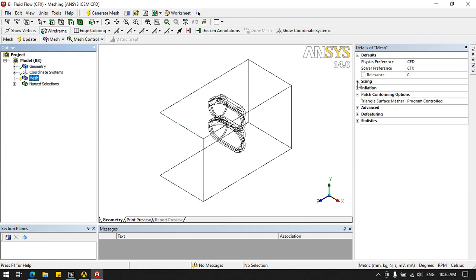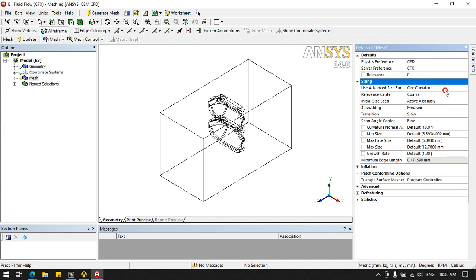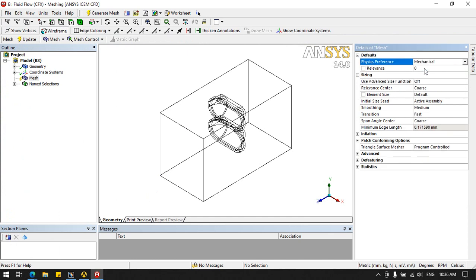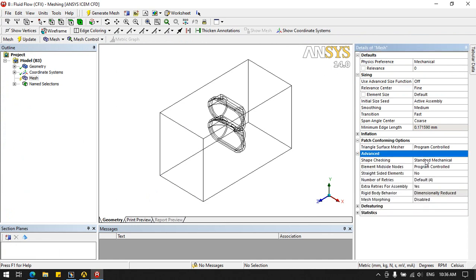So let me generate the mesh. I am selecting this Mechanical mesh, which should be fully defined, and it is fine. In Advanced, Standard Mechanical is there. Make sure of this for the CFD process. And the mid surface should be dropped. Drop means we don't want to give more mesh here.